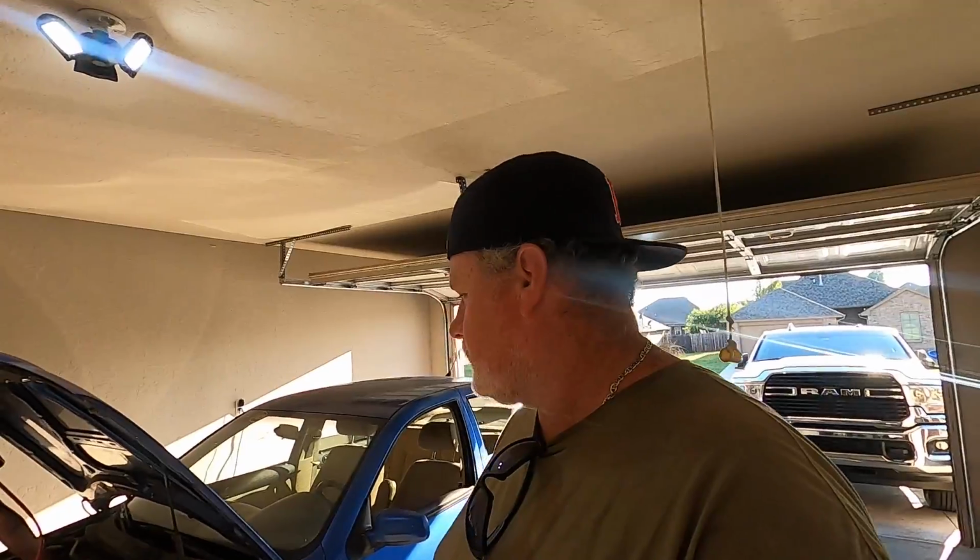Unfortunately, whoever wins this car, I don't know, I might go get a diagnostic on it. It's like $100. Have an AC shop tell me what's wrong with it. But if it's